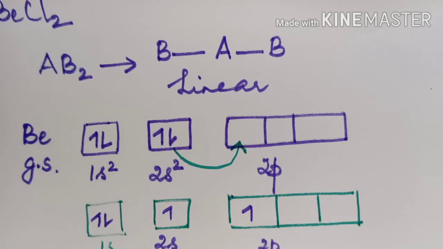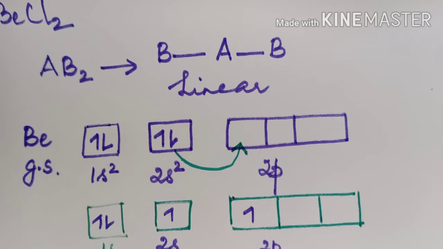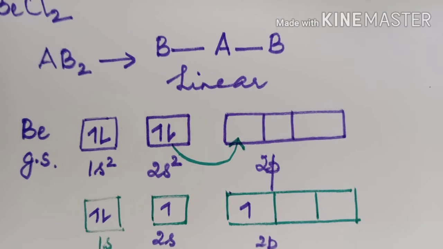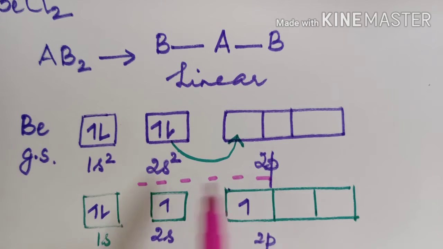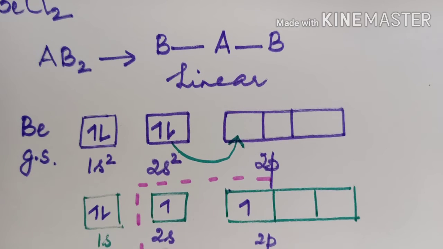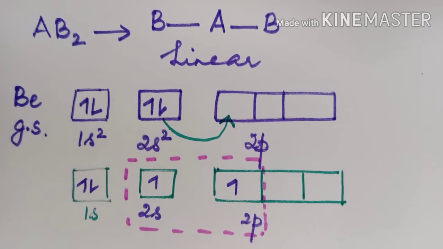Here you find that one unpaired electron is present in the s orbital and the other in the p orbital. So when we mix these together, we say that it is undergoing hybridization,